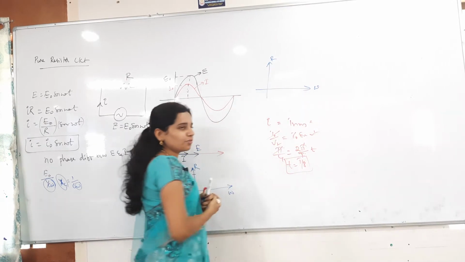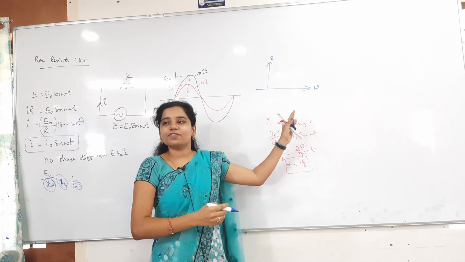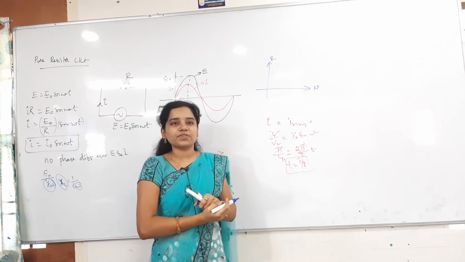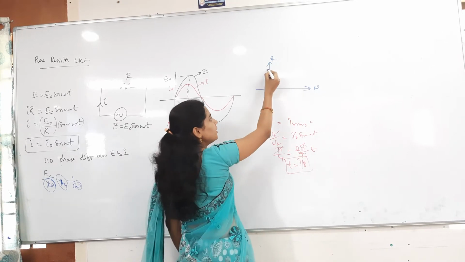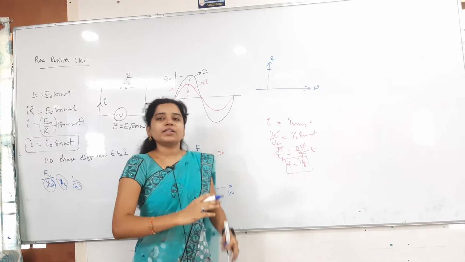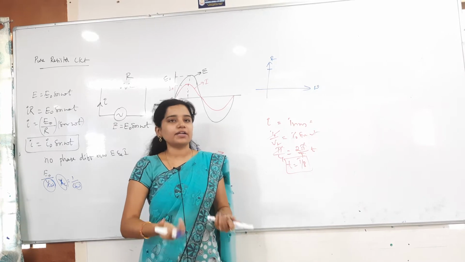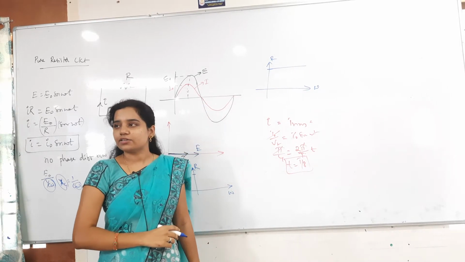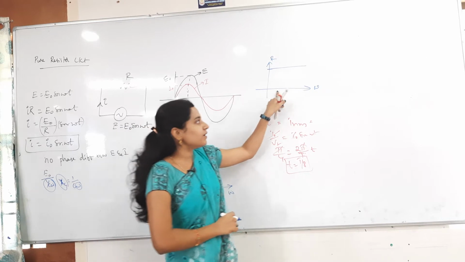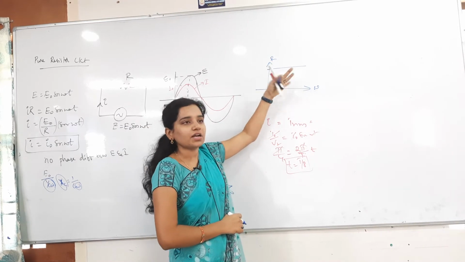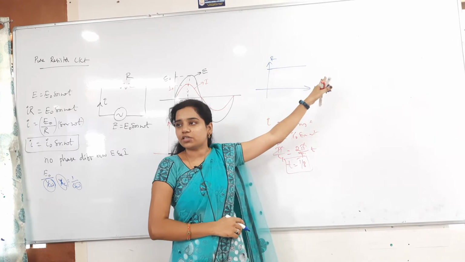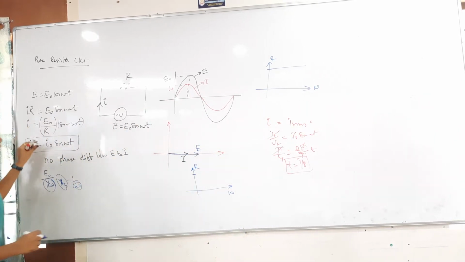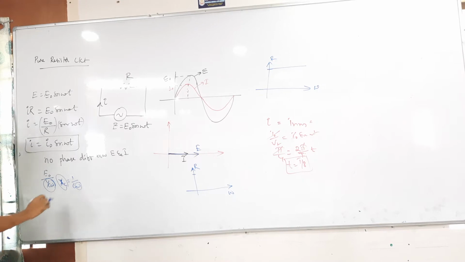I have taken this as R and then omega. If I increase the omega value, if I increase the frequency also, same resistance or different resistance? Same resistance. For example, if I take 100 ohms of resistance, whatever the frequency might be, the resistance is 100 ohms only. So what will you get here? Resistance is independent of omega. You will get a straight line like that, a horizontal straight line. Why? Because whenever I increase the omega also, R is not increasing, it is not decreasing, it is constant only. So from this only, I can say that R is independent of omega. For the next problems in the reactance, we are going to understand that. You just remember here, R is not at all depending on the omega.